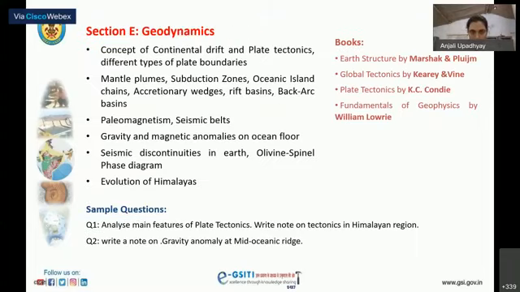This section again is very much scoring, and the most important topics here are the concept of continental drift and plate tectonics. You can expect very basic and direct questions like give evidences of continental drift, or what do you understand by plate tectonics, and describe different types of plate boundaries. If a question comes from plate tectonics, whether it is from mantle plumes or subduction zone, oceanic island chain, accretionary wedges, rift basin, back-arc basin, and so on,